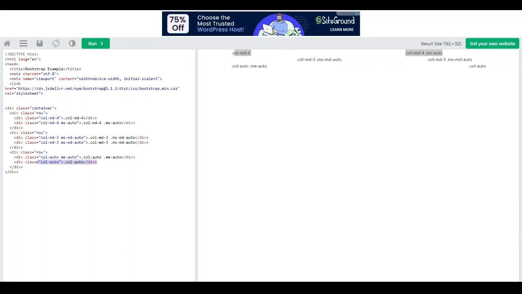You've got standalone column classes as well that you can use. And that can be used outside of a row to give an element a specific width. So whenever column classes are used as a non-direct item in the row, the padding doesn't get carried forward. So for example, in this example here,